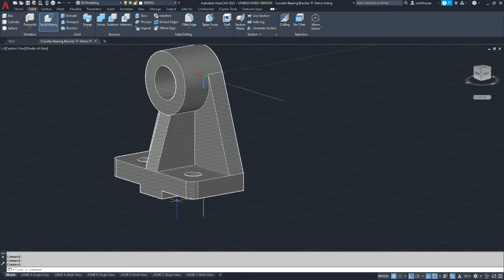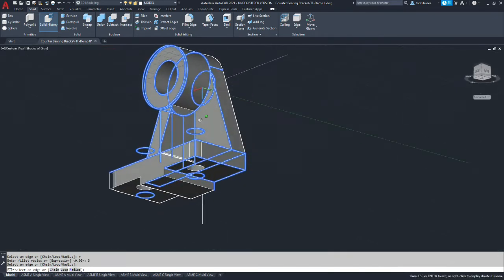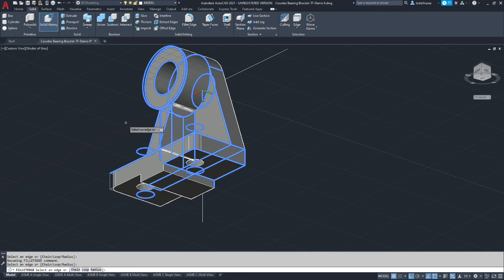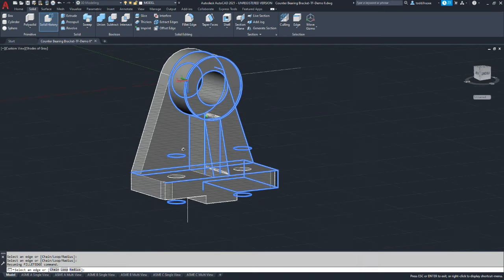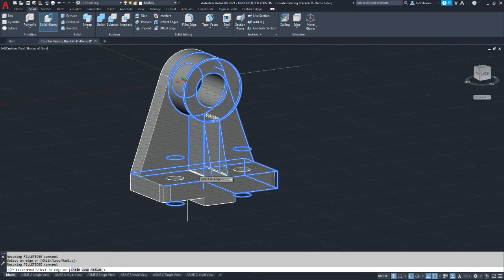So we're going to make those as standalone fillets first. So let's go back to the fillet command. We're going to type R to set the radius at 3mm. Now, this is the reason I like to set it first. It's because if it's too big, it may just fail before you have a chance to change it. Okay, we're going to select the vertical edge of this pocket, and then we're going to get the vertical edge of where the web meets the boss. And let's go ahead and do the opposite side as well.